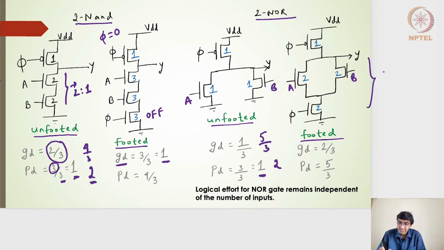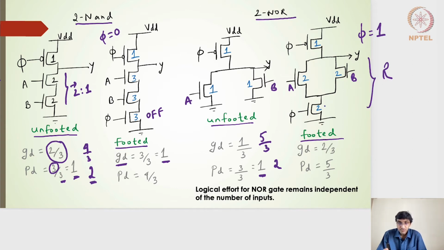So overall, the switching resistance will be nothing but R, because if either one of them is 1, the output will be discharged to ground, right? In the evaluation phase. In the evaluation phase means when phi is equal to 1, right? So for the footed 2-input NOR gate, the logical effort will be different than that of the unfooted one,